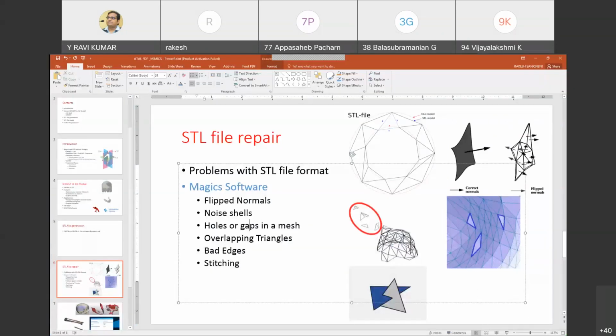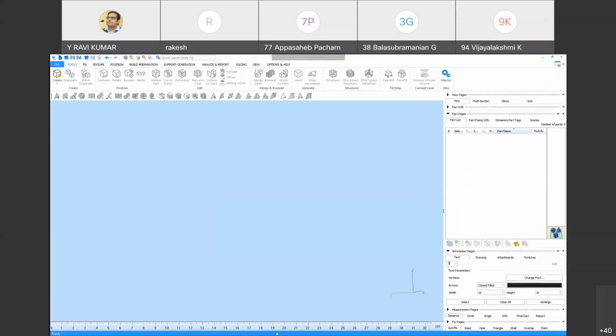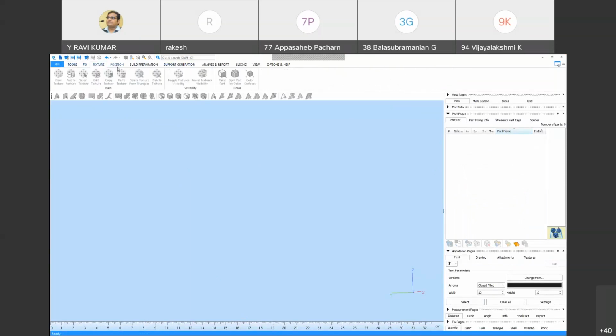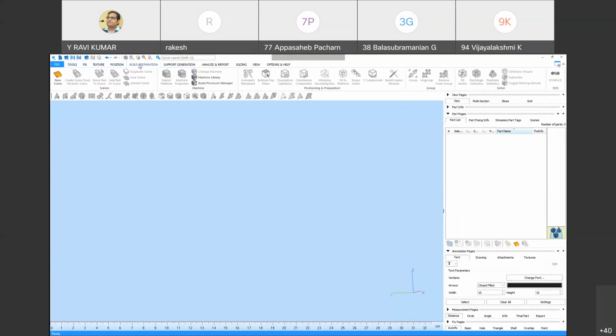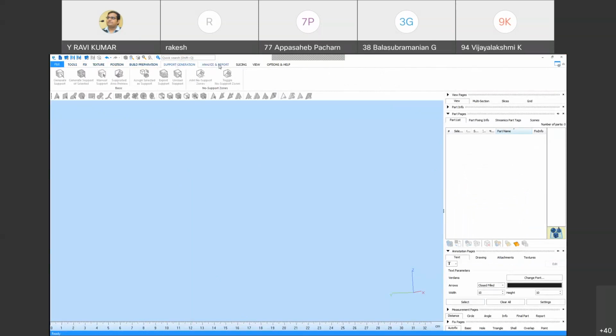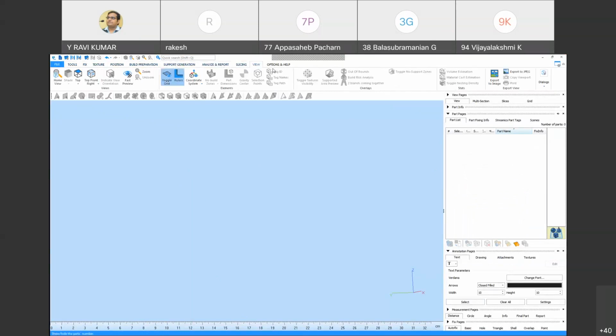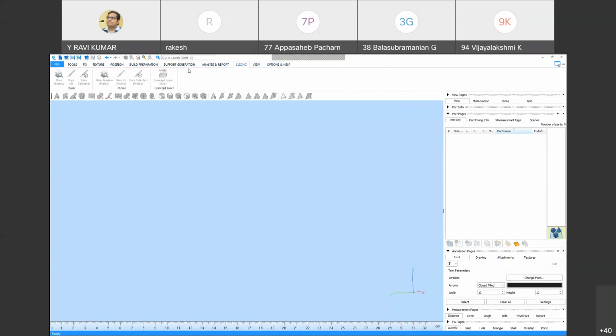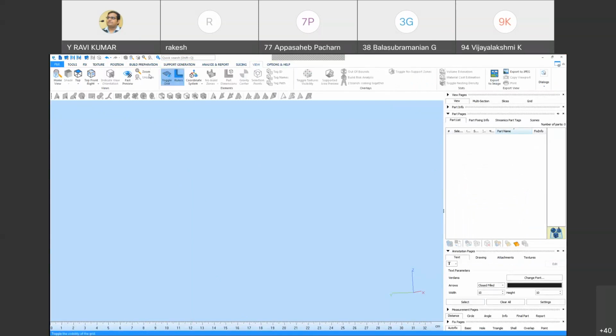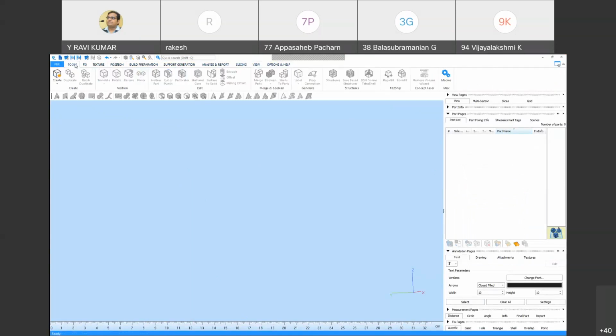Now this is the magic software, and these are the tool tabs available in it. Usually I can't teach them all because it would take a lot of time, so I will focus on whatever we require.